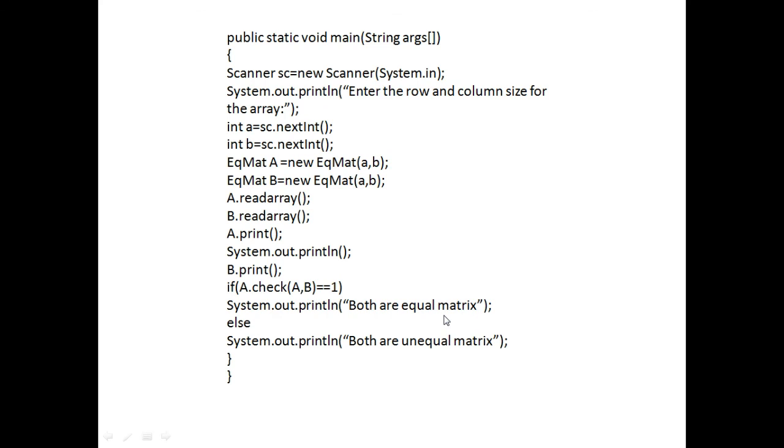So children, what is important here? Here what was important was that we need to check the return type, whether the return type is 1 or not. If the return type is 1, we can say that both arrays are equal, or else we can say both arrays are not equal. So children, you understood what kind of question comes in the board examinations. Okay, these are the questions of the board.